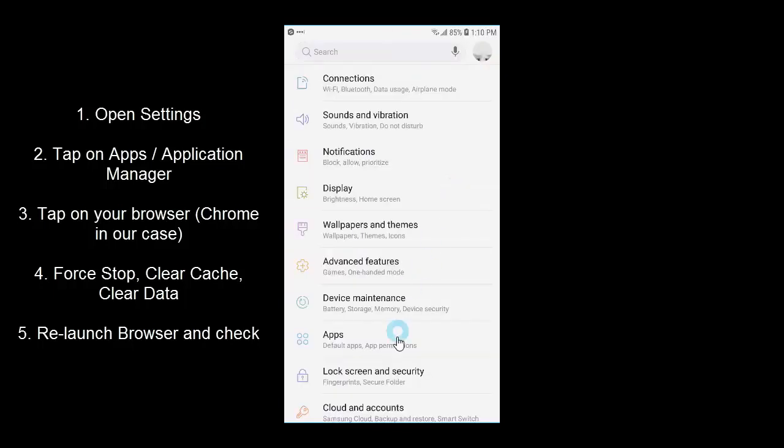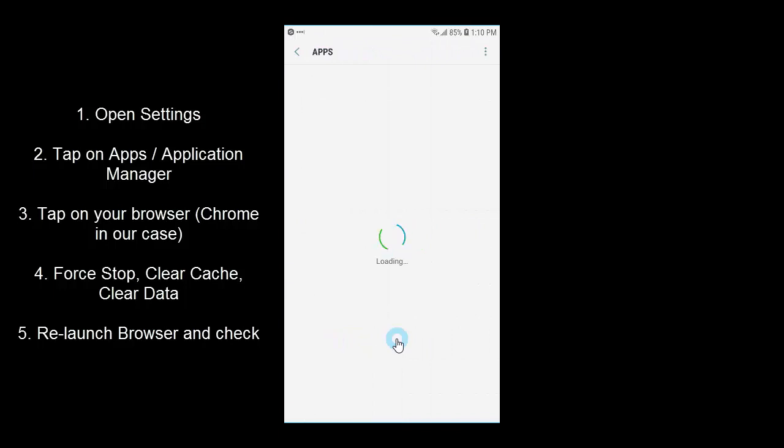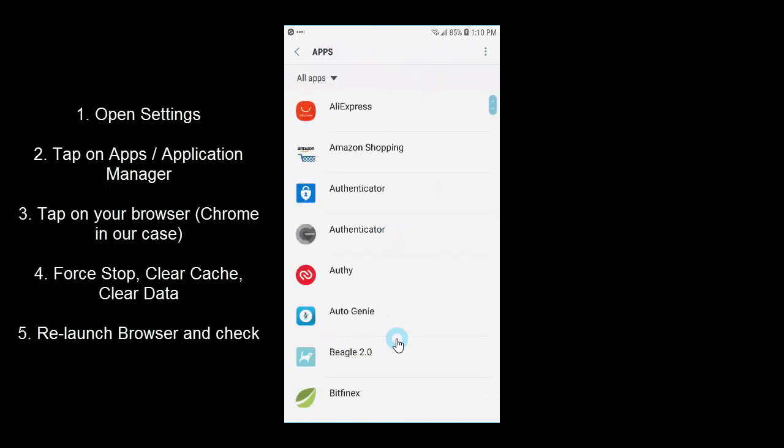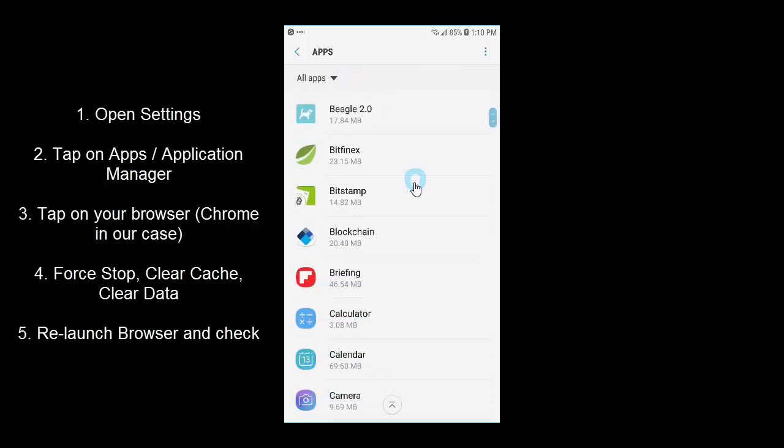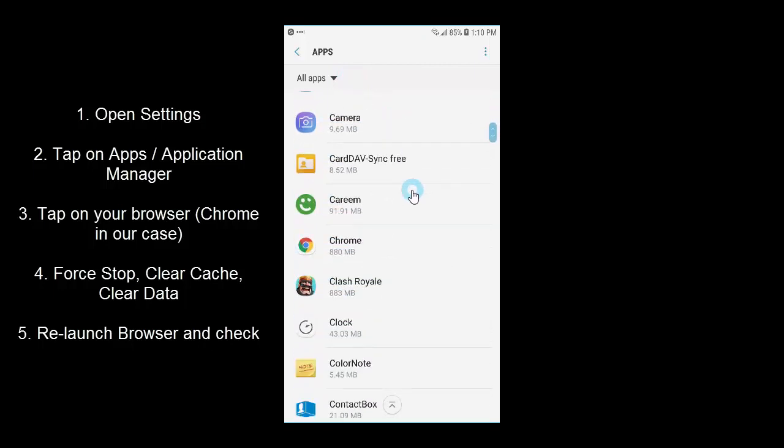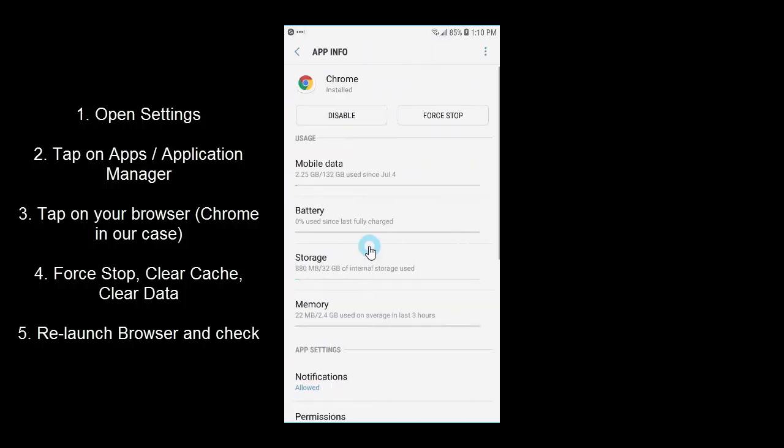Okay, in settings we go to apps, or it can be application manager depending on your device or Android version. Shift to all apps from here, and then choose your browser. So we are using Chrome. So in Chrome,